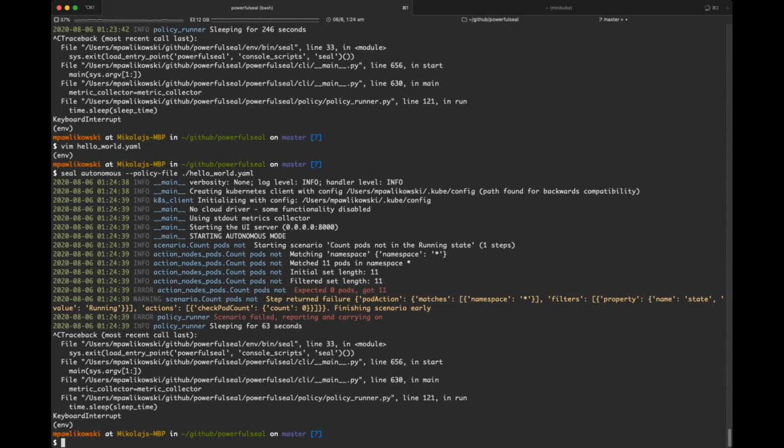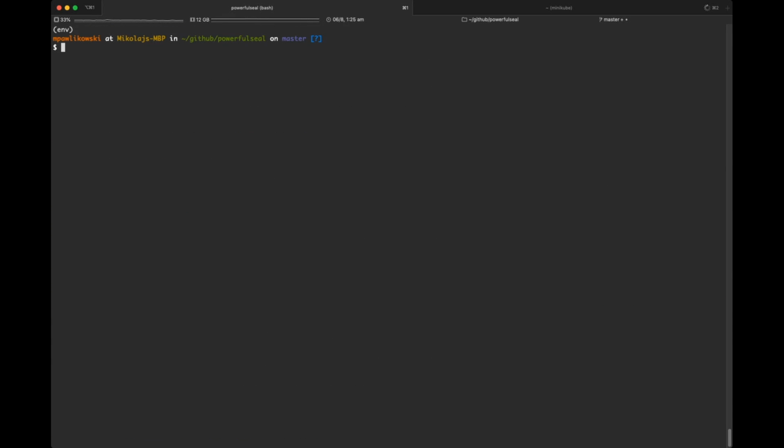And you can configure Powerful Seal to either fail quickly if this happens, or if you want this kind of ongoing stuff, it can produce metrics that you can later scrape. So with just a few lines of YAML, we're able to verify an SLO, which is kind of silly, all pods running, but gives you an example of what you can do with this kind of thing. So let's do another example, a little bit more complex than that. I prepared another one called Policy 1 for you here, and let's take a look.